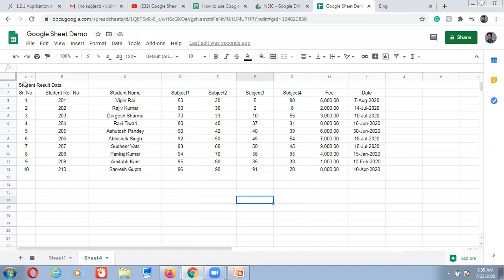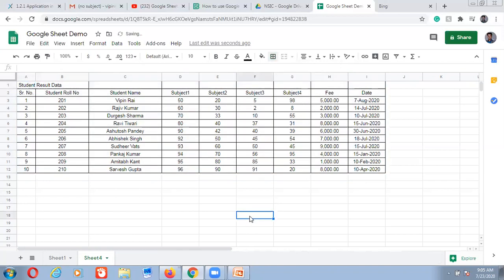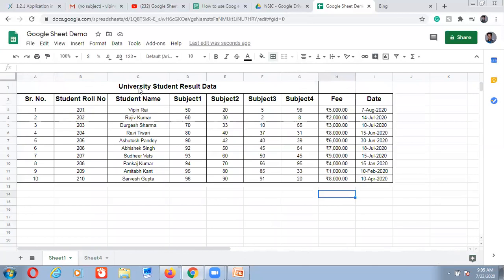You can see how it looks now. And again you have to add the border. So again select all the data. Now go to border, click all borders, and now the border is there. Okay, perfect. Now you see here in our formatted table, the university student result data is center aligned, it is written in the center,